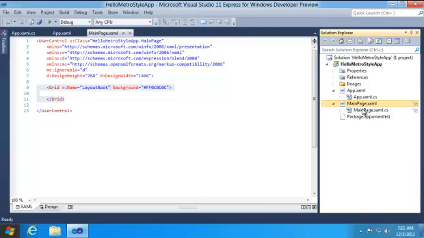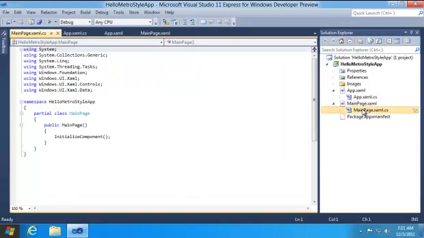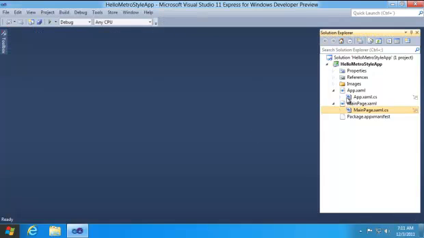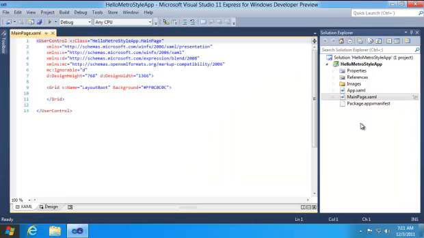In the XAML.cs you will not see anything other than the constructor. Yes, you can define anything there. Let's open the main page XAML. By the way, it also has a file called package.appxmanifest. This contains all the information about your app like title, description and other stuff. We'll see that package.appxmanifest file later on in this tutorial series.